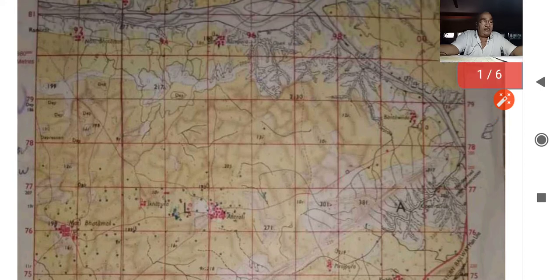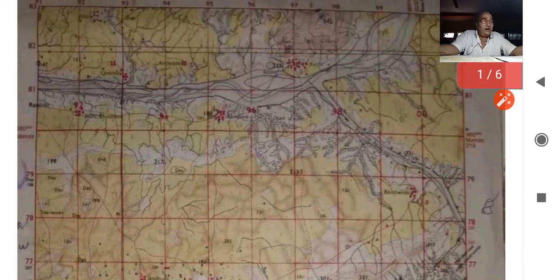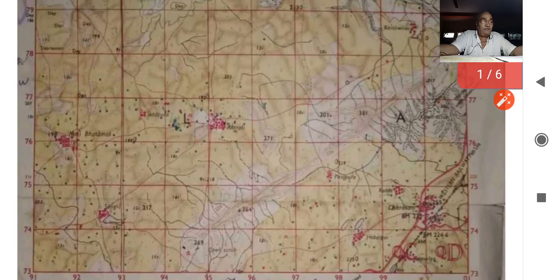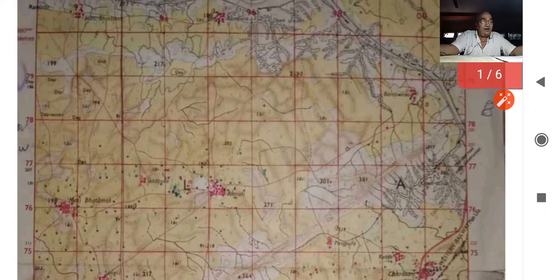Once the direction is decided, you can find out the banks of the river. Put the direction of the river in front of your nose. Your right hand will be the right bank of the river, and left hand will be the left bank of the river. So the village Bantabada, if I ask you on which bank of the Balram Nadi village Bantabada is situated, the Bantabada is situated on the left bank of the Balram Nadi.